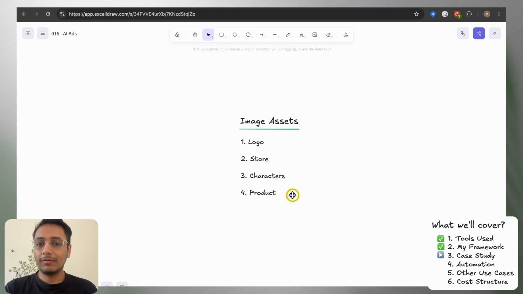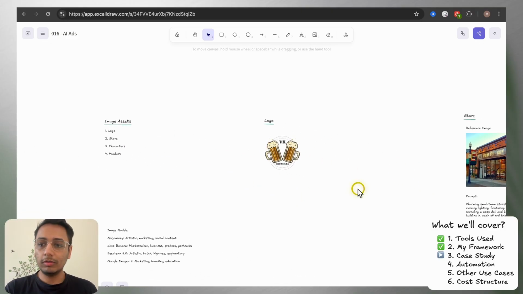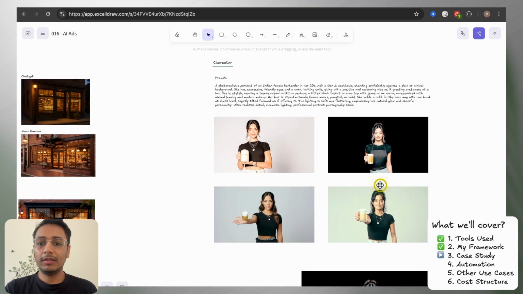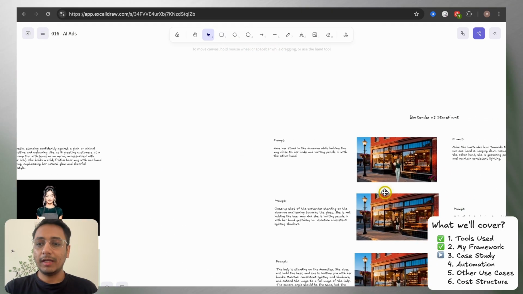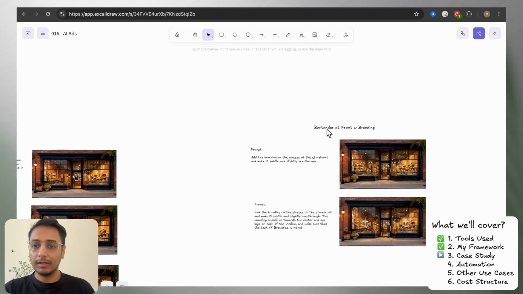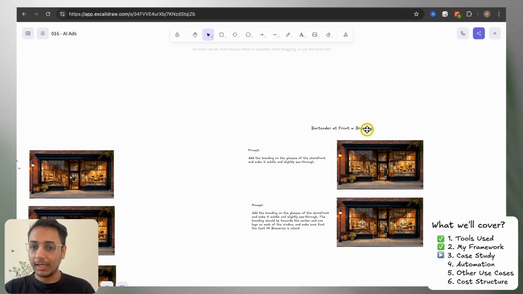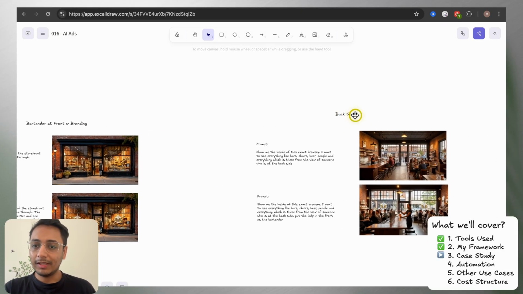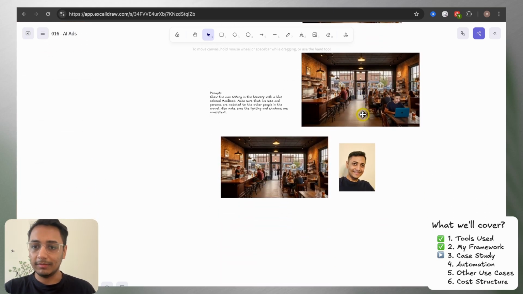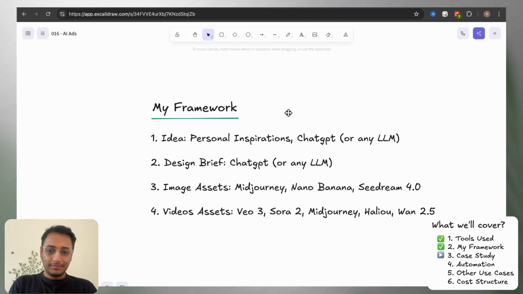But once you have different kinds of image assets, where you have your logo, your store, and different images for it, and then you have your characters, you can create different assets combining these, like bartender at storefront, bartender at front with branding, then the back scene, and then back scene with VK, which is adding me to the image. Now once you have the image assets, we are going to next create our video assets,